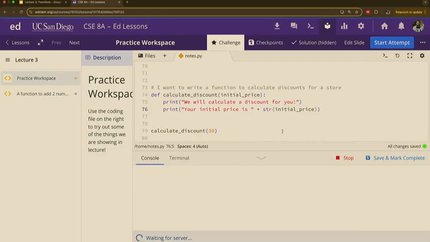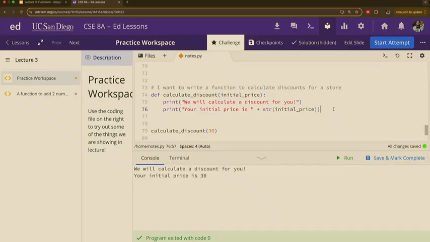Let's run that again. Okay, our initial price is 30. We're good. Let's say this calculate discount is for a store. We want to calculate a 10% discount.